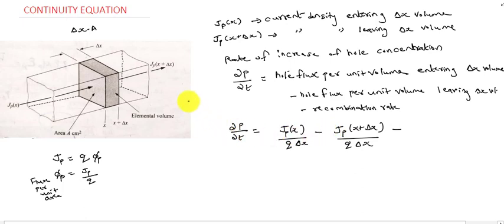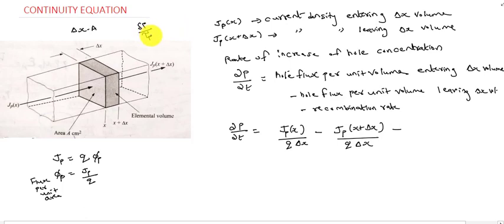So actually recombination means the excess carriers generated. This is a p-type semiconductor, so that rate we can consider as the excess carrier generated in the semiconductor, represented as del p by tau p. Tau p is the lifetime of holes. Lifetime means the time required to complete the electron hole recombination process.